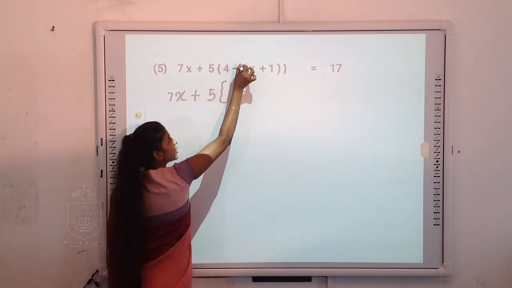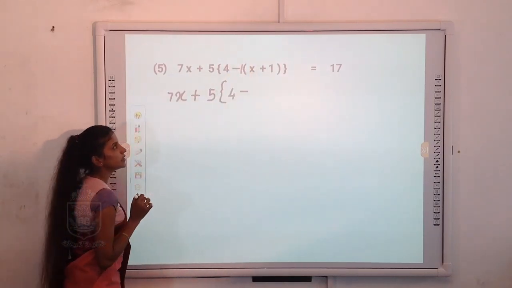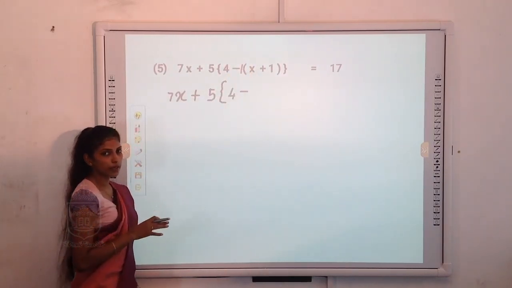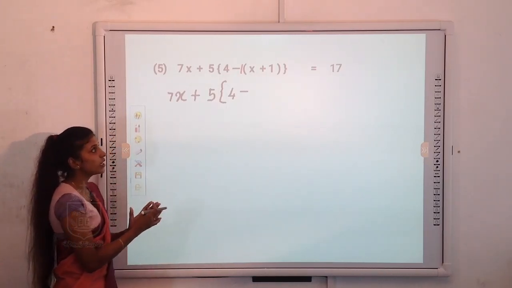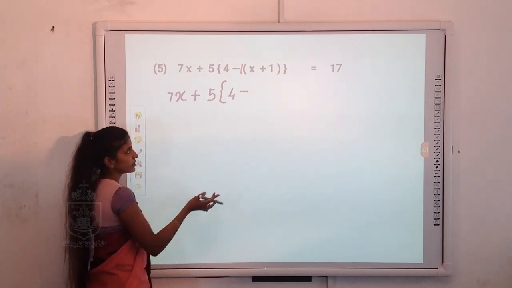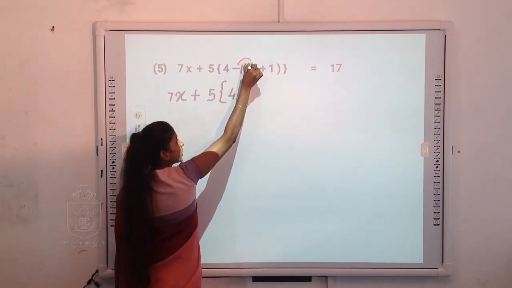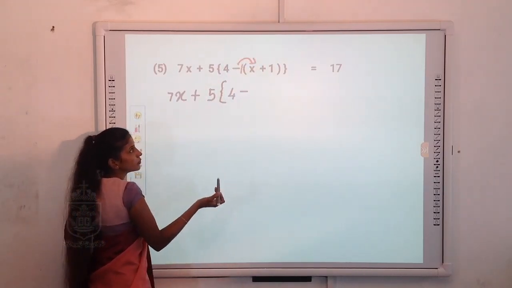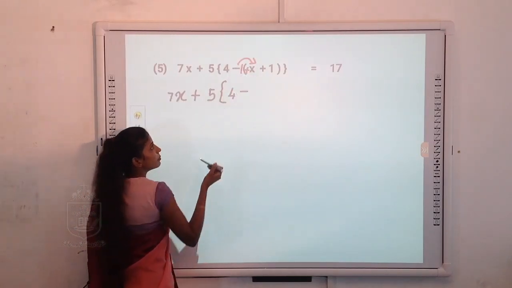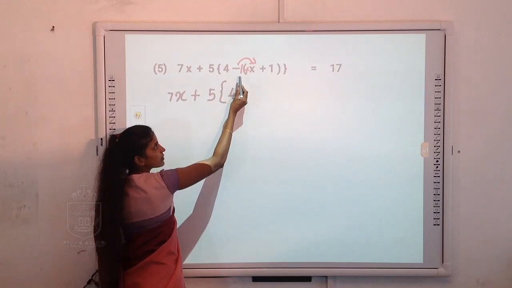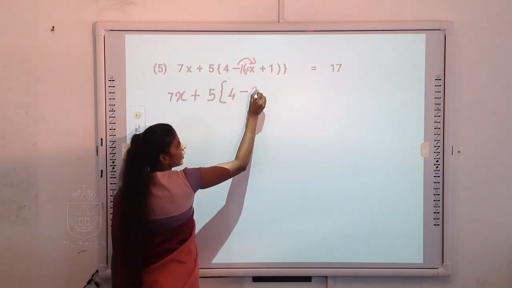That means you have to consider there you have number 1. And then you have to remove that bracket. The innermost bracket can be removed at first. So we are removing 1 times x, 1x. So minus into plus. Here you have plus. Minus into plus, you have minus 1 into x, 1x.